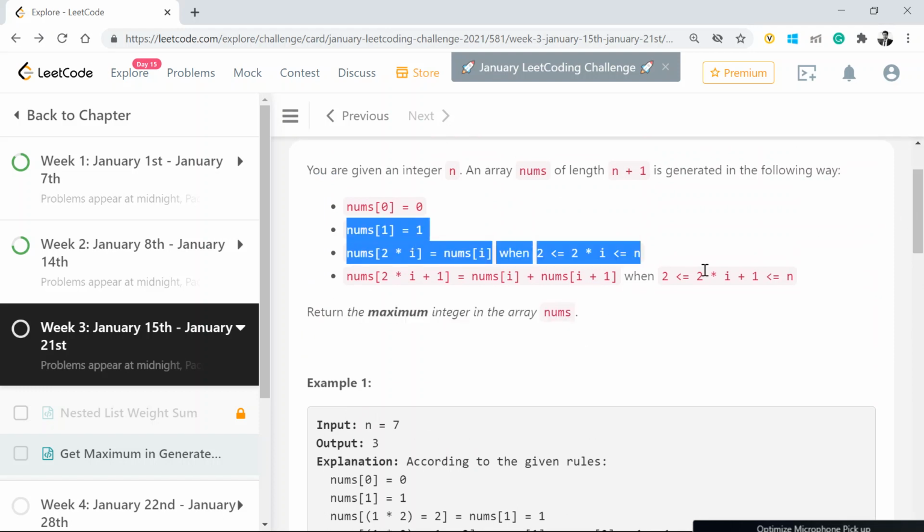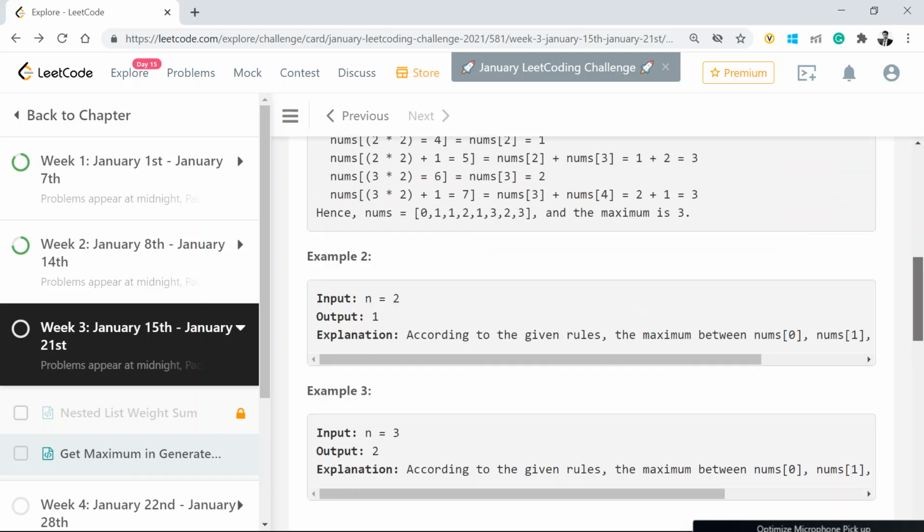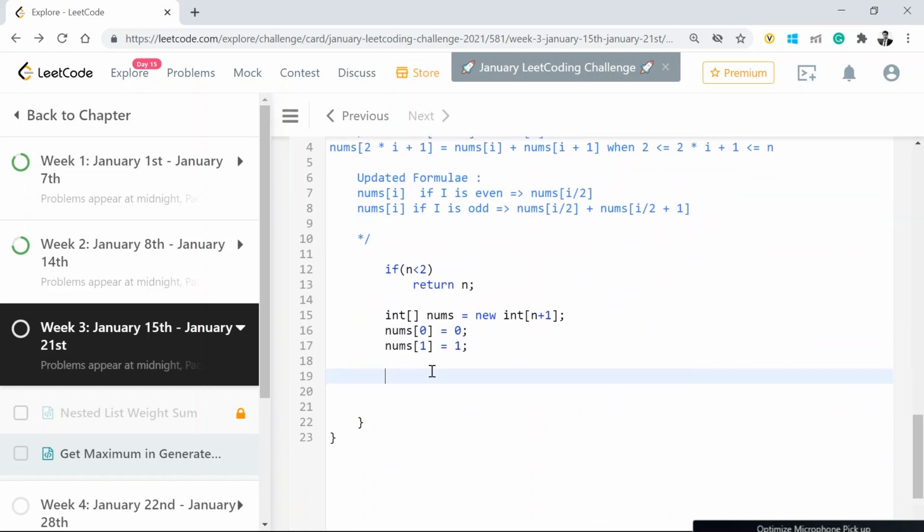So once we formulate this array, what we have to do is send out the maximum value in that array. So I need to create one maximum value, which will be equal to, say, -1 as a starter. And I can create one counter which I'm going to run for the length of the array. I can start it with 2 instead of 0, because I've already taken care of the base scenarios. Now let's run the loop while counter is less than or equal to n, because that's the length we are looking for.